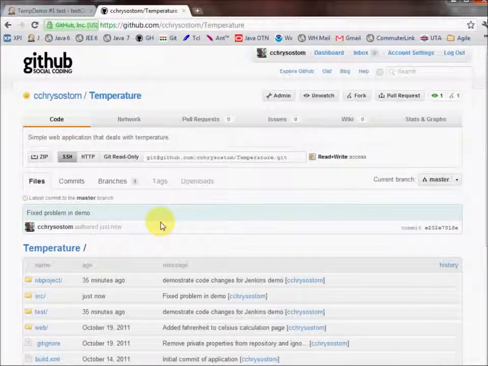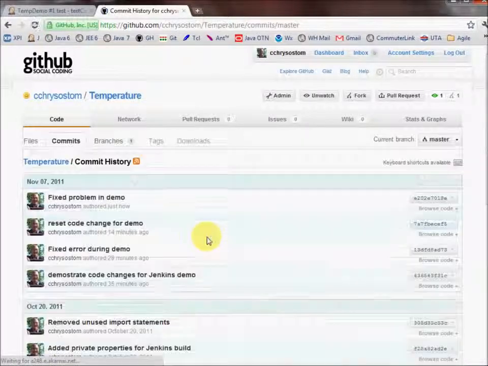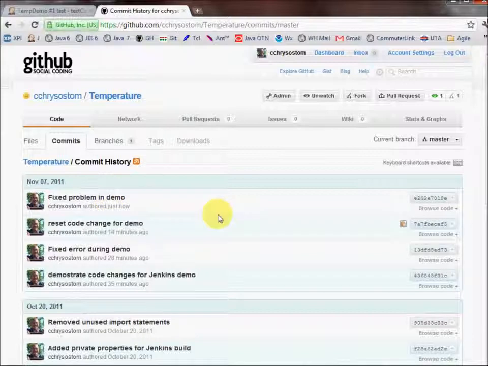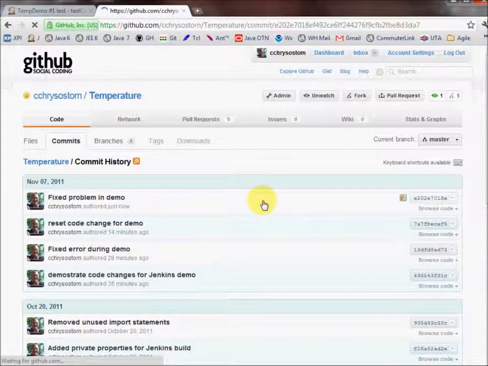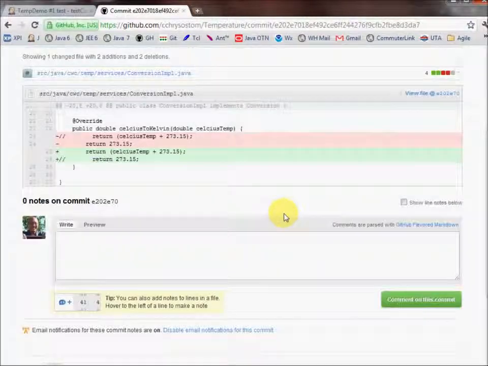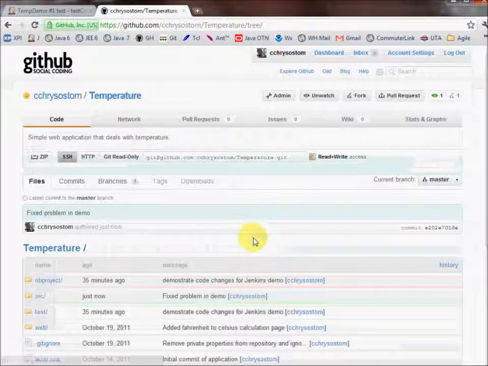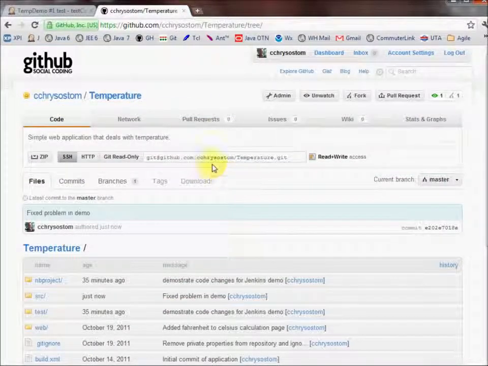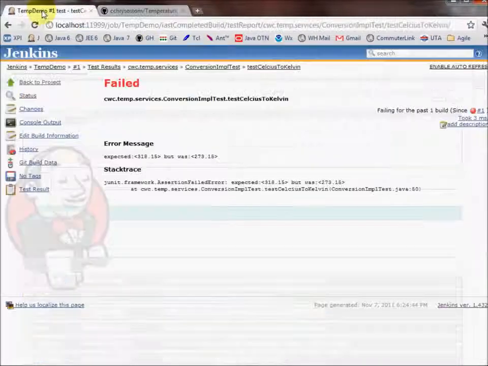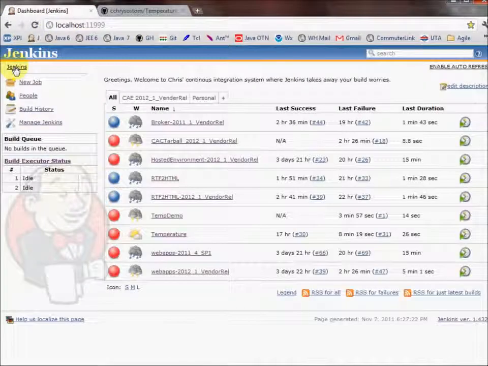And it's looking like, yep, here's my list of commits. "Fixed problem in demo." That was me. We can actually click on it, take a look at all the neat GitHub features. Yes, there is a change. Now, while we're waiting to see if Jenkins will actually detect that change, I can go back and take a